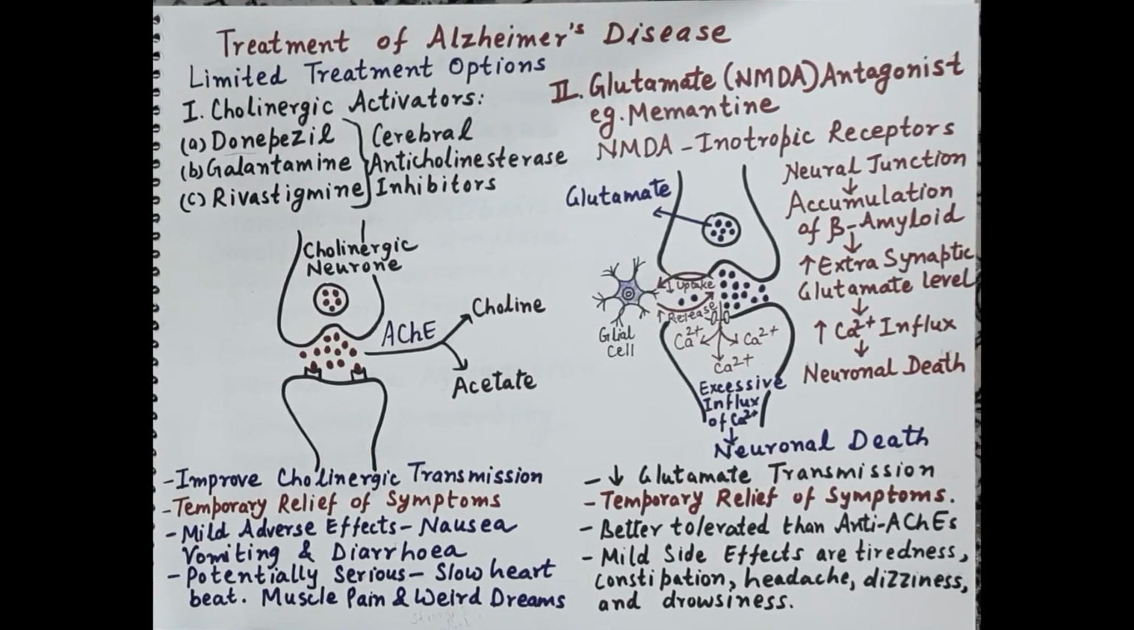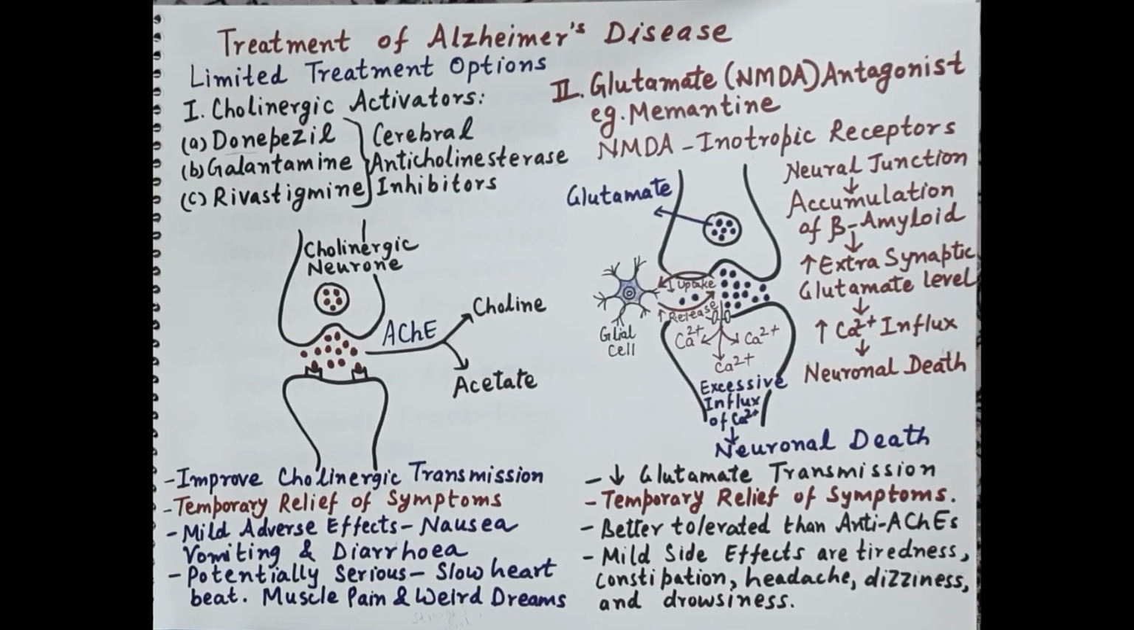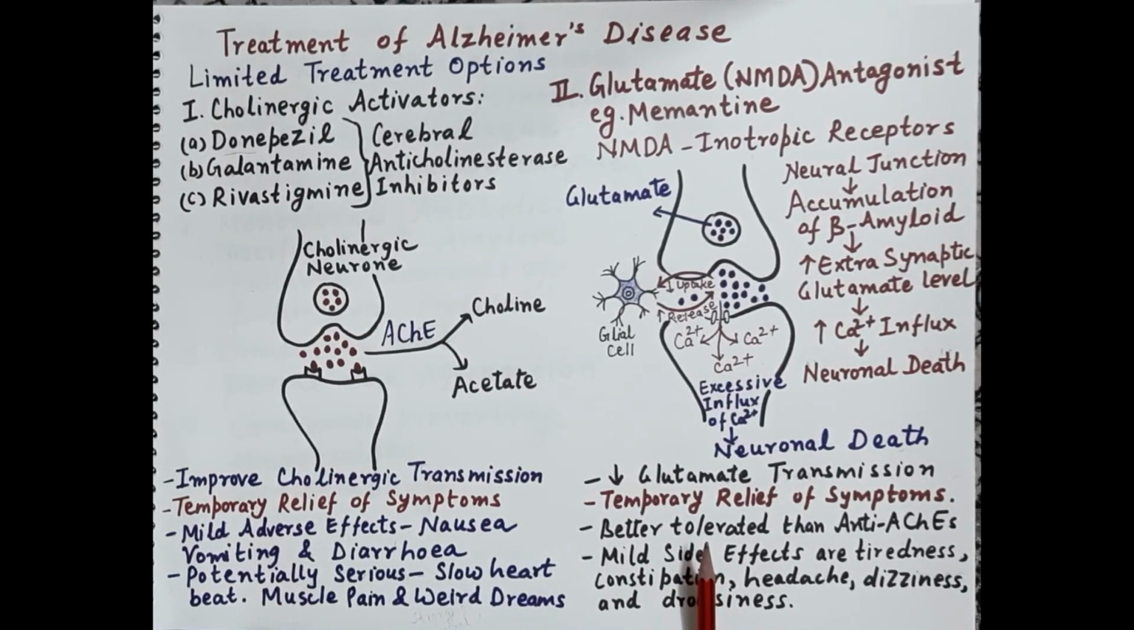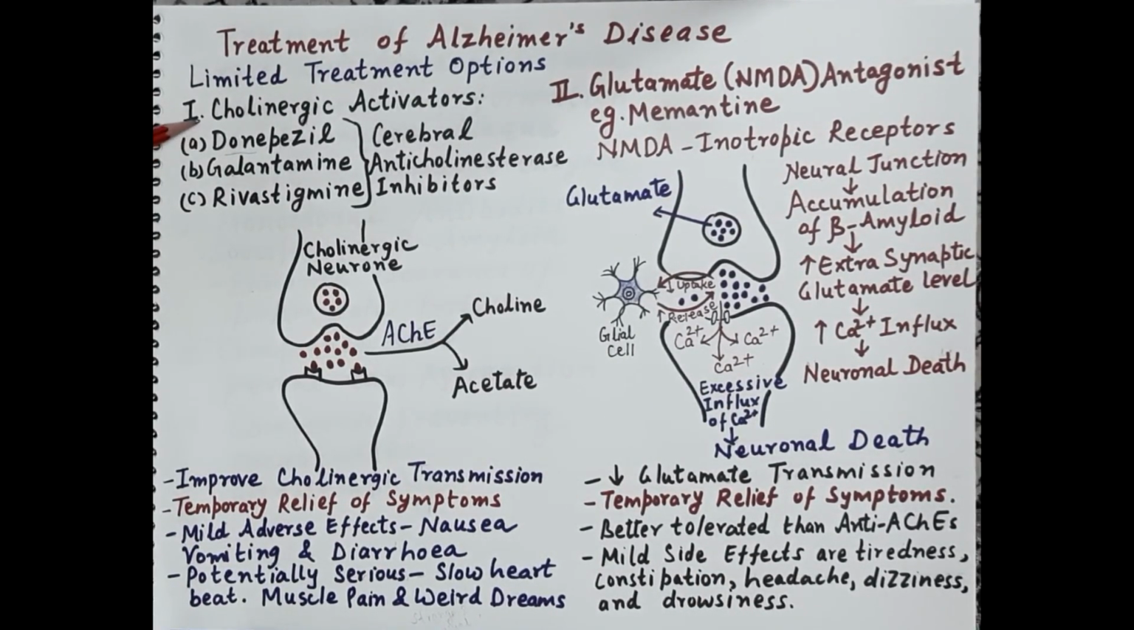Now we'll talk about the treatment of Alzheimer's disease. The treatment options are very limited. One important thing to note over here is that these drugs provide temporary relief of symptoms, and they do not slow down the process of neurodegeneration or the death of the nerve cells. Now, the first category of drugs are the cholinergic activators,